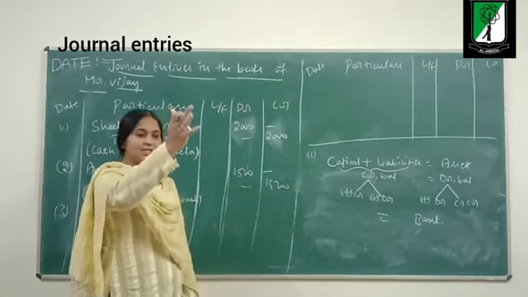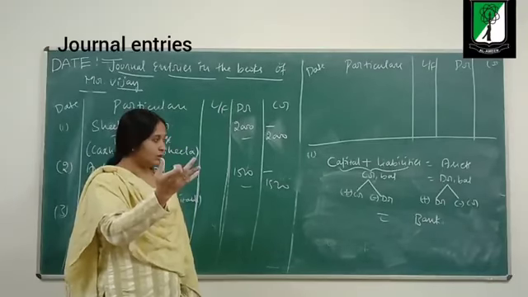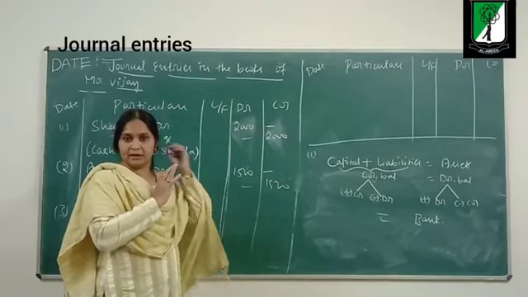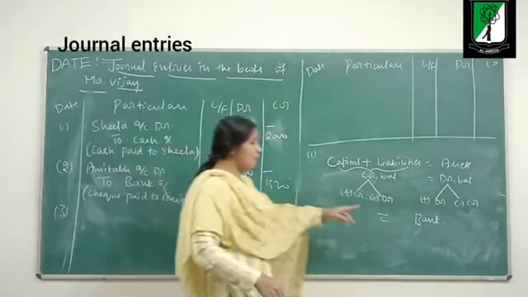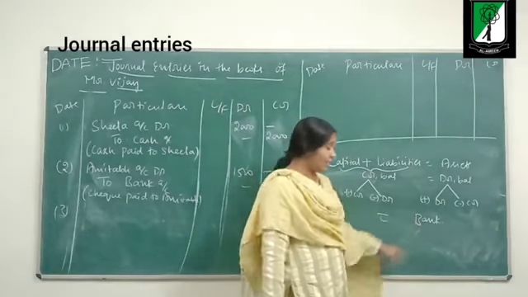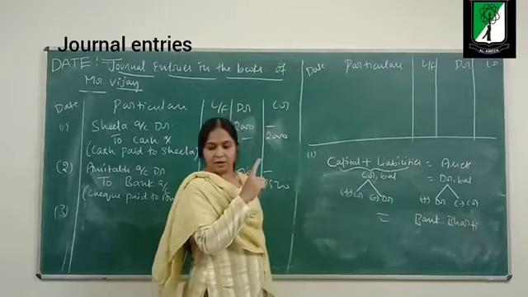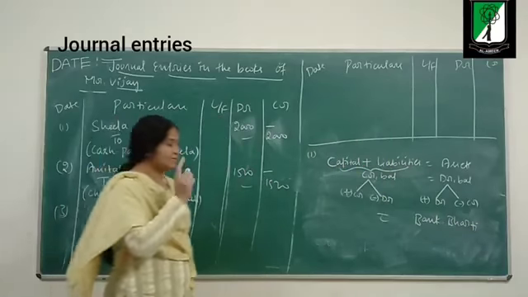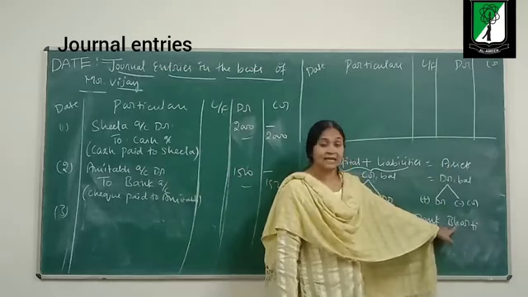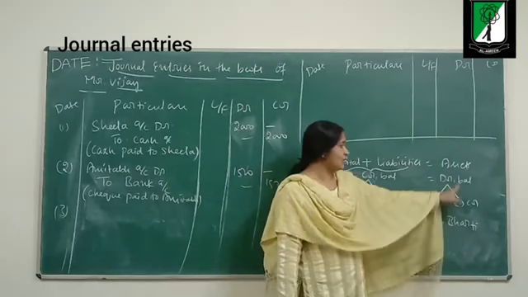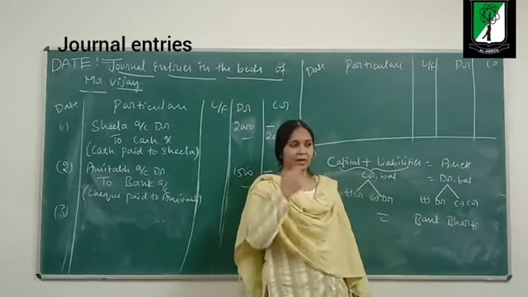Bharti had purchased goods from the business on credit worth rupees 1800. Now she is making payment of that money through check. Bharti was my customer. Now she is making payment. Customer is an asset. So I will write this on which side? On the asset side, on Bharti's name.